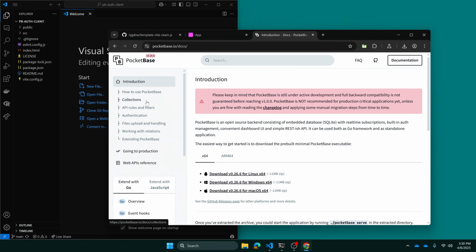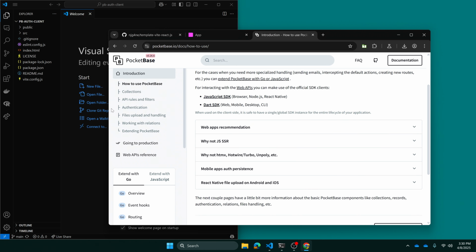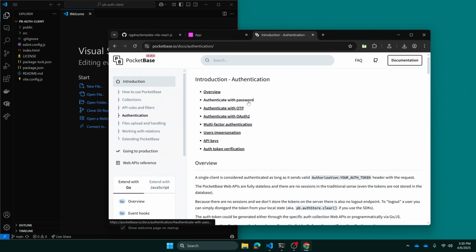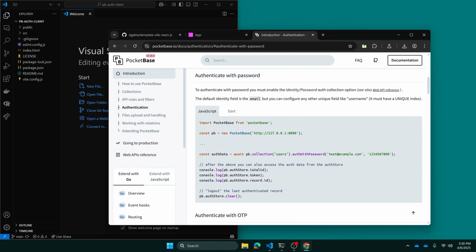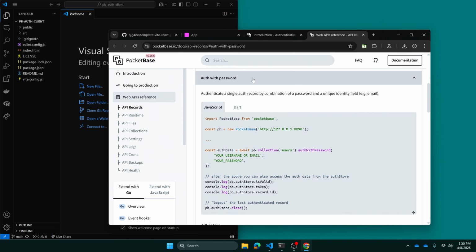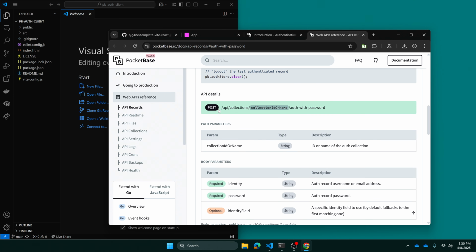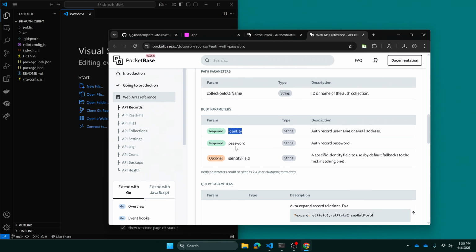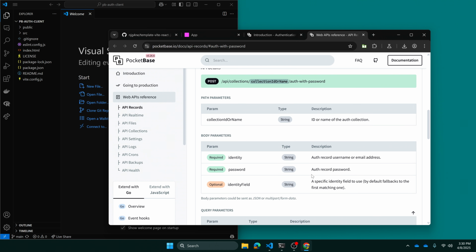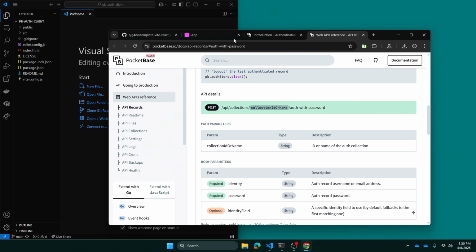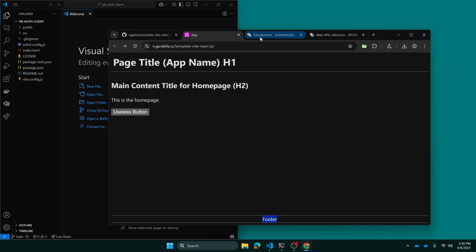If you look at how to use PocketBase and authentication, you can see that you can authenticate with a password, but they're suggesting that you use the SDK. I'm just going to click this web API reference to see how to auth with the password as just a basic post request, and then you go to this API collections, the collection name, auth with password, and then you give your identity, your password, and an optional identity field. So to do that,